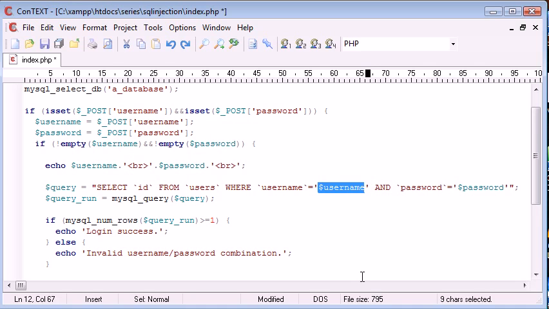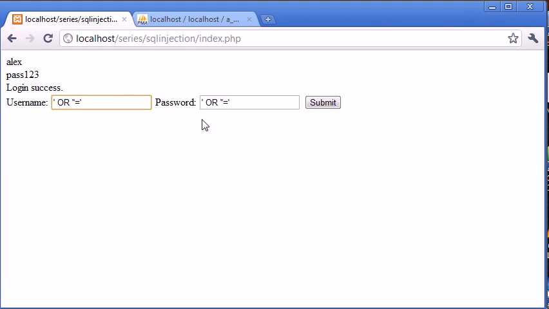Therefore the user is automatically logged in. So let's go ahead and click submit. Okay, so you can see that the username is single quotation mark or single quotation mark equals single quotation mark, and the password is also that as well. And now you can see, interestingly, we've got a login success here. So this is a real problem when it comes to our user